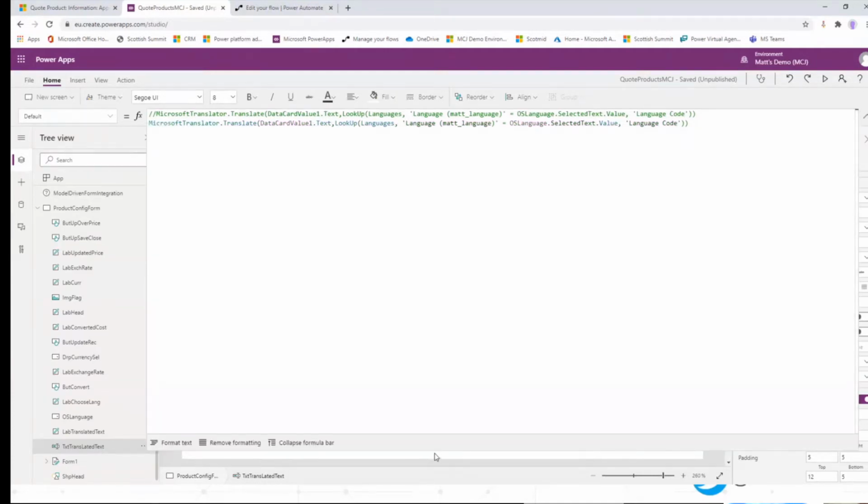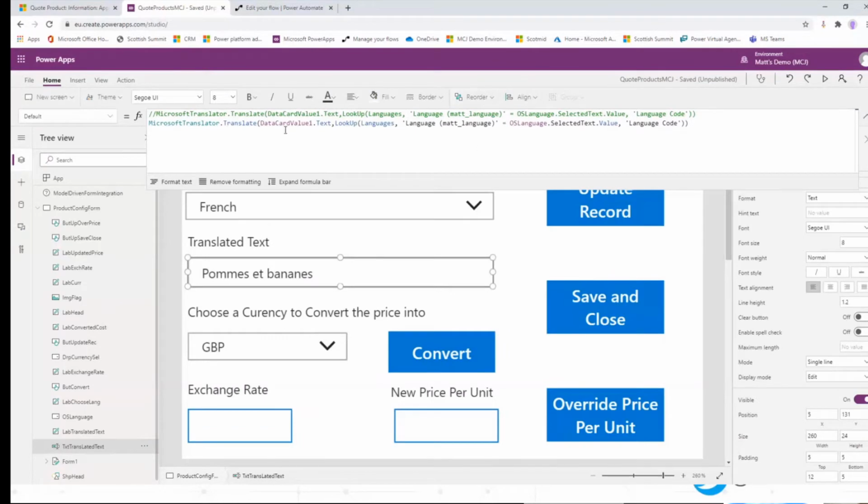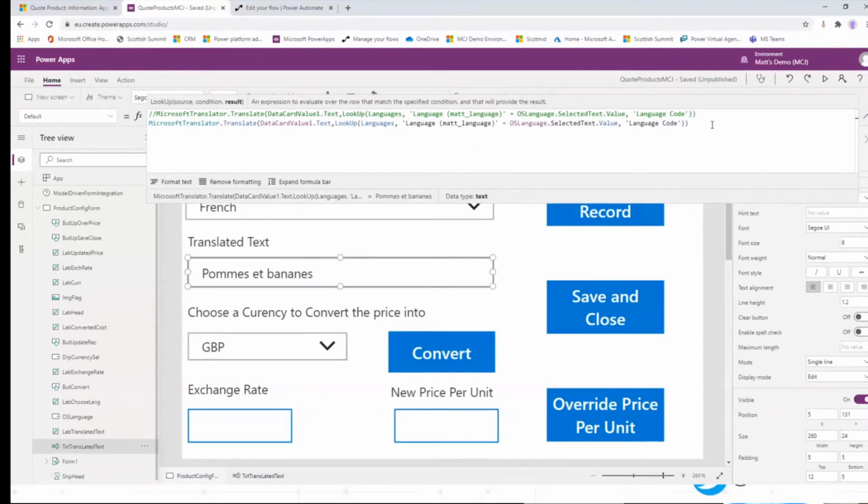Try and collapse this a bit more. There we go. I just set up an Azure Cognitive Service. I went into Azure. I said, hey, I want to set up a Microsoft Translate Cognitive Service. Can you do that? And they went, yeah, sure. So I went through it all, clicked all the buttons. It's relatively straightforward, and they give you a certain number of calls for free in terms of